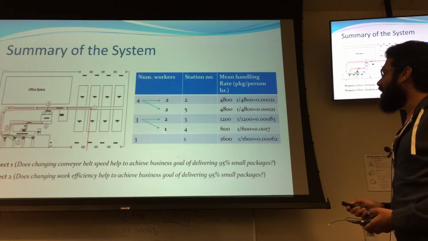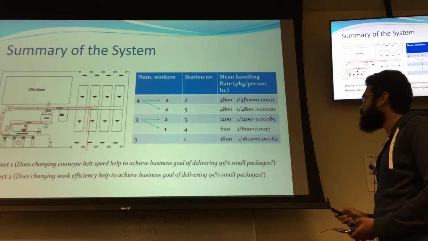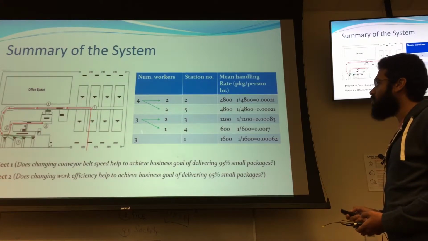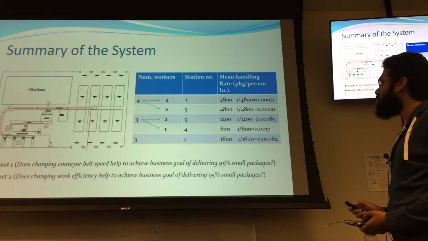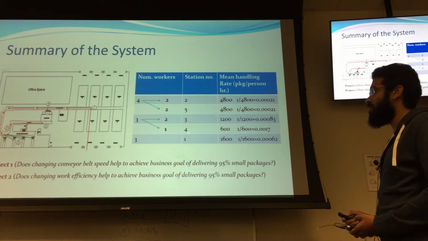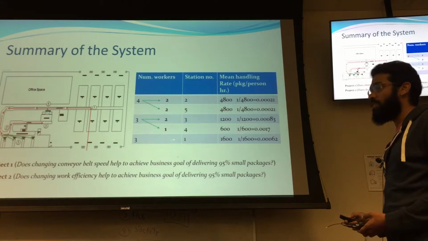On the right side, you will find the schedule that's given in the project. The facility has a total number of 10 workers. We assigned, as for station 2 and 5, they have 4 workers. So we assigned 2 for each of them. For station 3 and 4, they have only 3 workers. So we assigned 2 for station 3 and 1 for station 4, and then the rest 3 workers for station